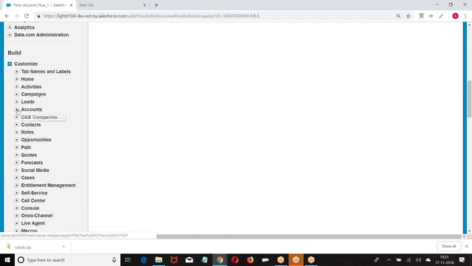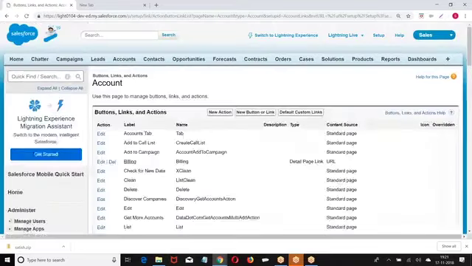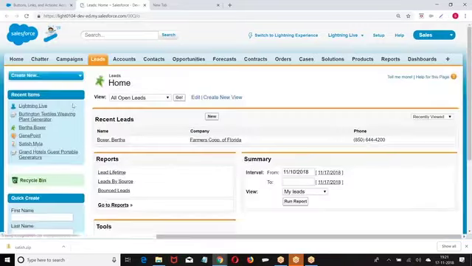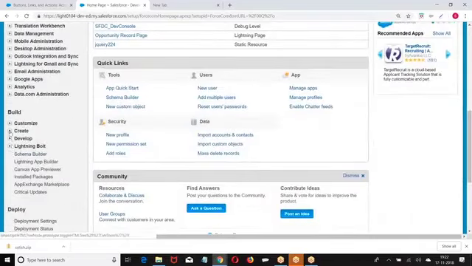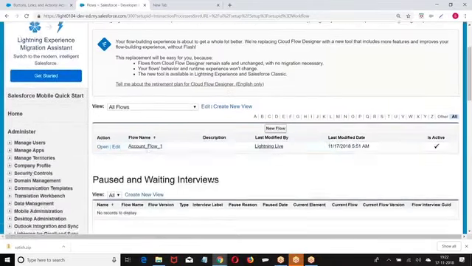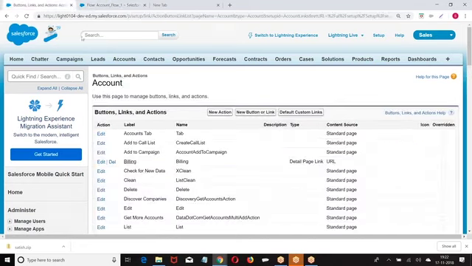So what I'm doing: build, customize, account, buttons and links, new button.